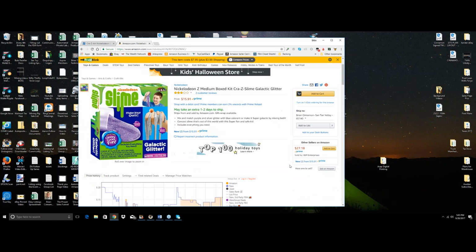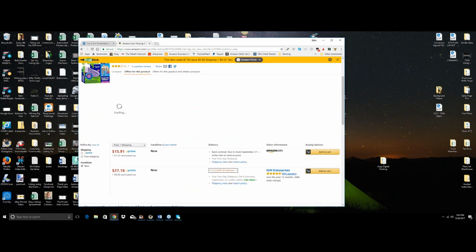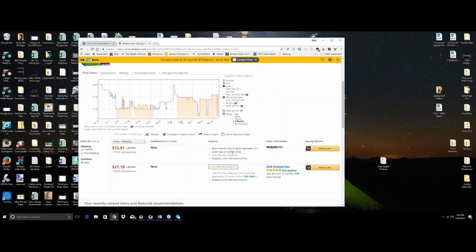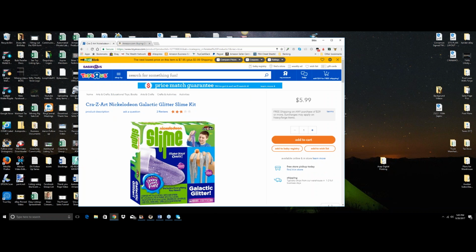That's not bad. There's also only two other sellers. Amazon sells it, and IGM Enterprises is selling it for $27. That is insane. Oh, and look, Amazon's back ordered until tomorrow, it looks like. So people who want this right now are buying from this IGM Enterprises guy, fulfilled by Amazon, for $27, and you're paying $6. So if it were me, I would add 100 of these to the cart right now